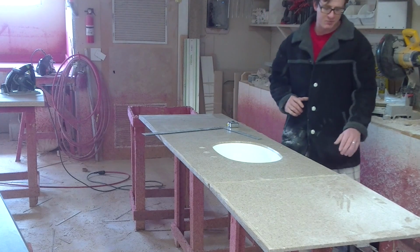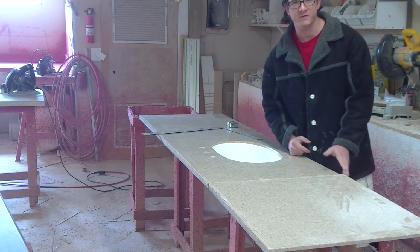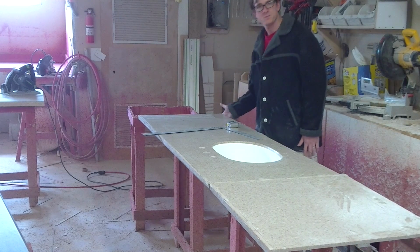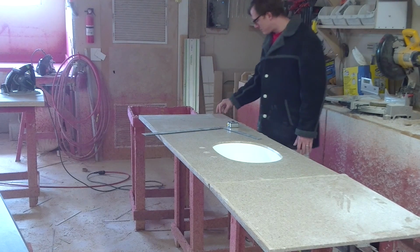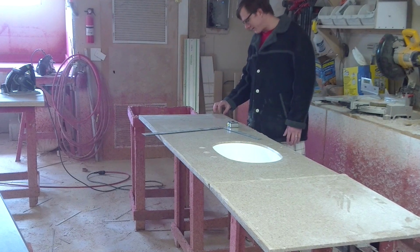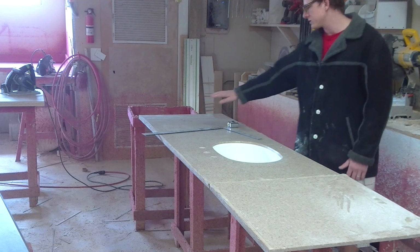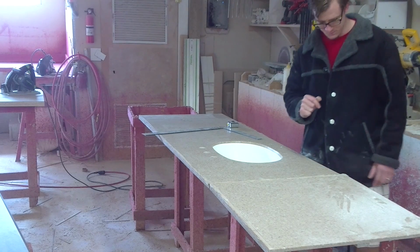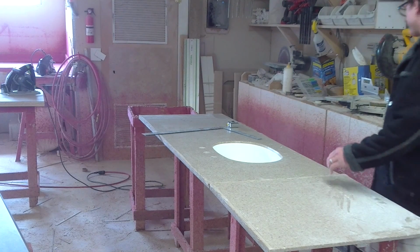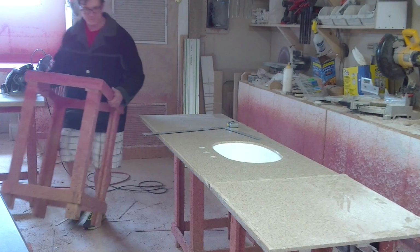Normally we do a stop route where we stop the profile so it's square for the splash to finish even with the front. Because I just cut that off, there's no longer a stop route here. So I may do a little repair, fill in a little piece here so that I can put a stop route back on there. So the splash finishes to the end of the countertop. But for now,